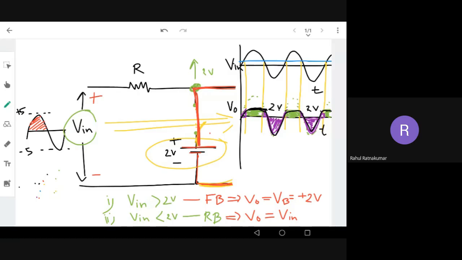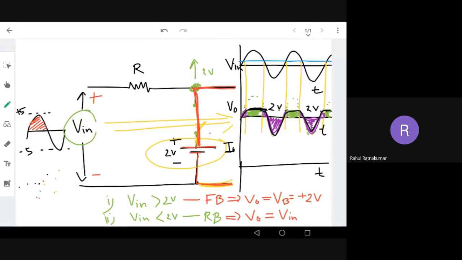Saturated at 2 volt. Okay. Now the question is how to draw the V in versus V out. Along with V in, it is better to draw the current waveform also. Let's draw the current waveform at the bottom, with respect to time. I out, or I, because current is always through this diode, the output path. So what is the I out versus time?